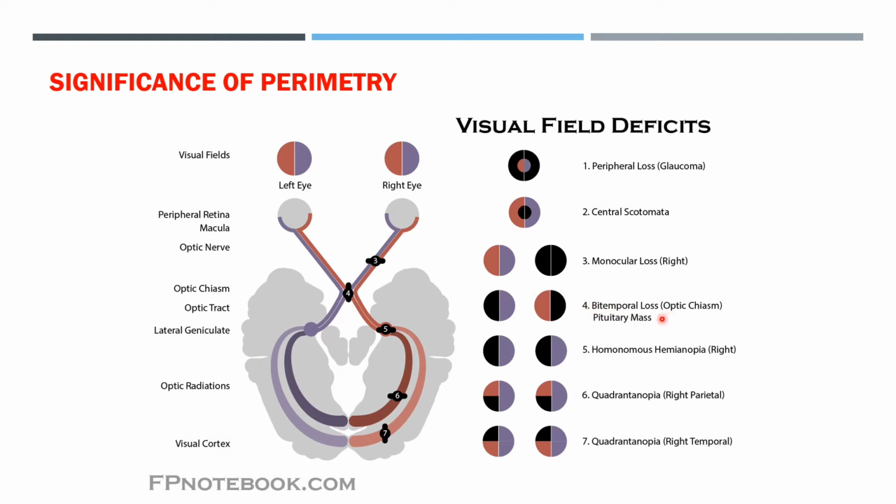Also, there may be damage to the peripheral portion of the optic chiasm and not the central portion. The central portion is intact and the peripheral portions are damaged. Then it will result in binasal hemianopia. Why? Because the temporal fibers of both the eyes are lost. So it will result in binasal hemianopia. It is also called heteronymous hemianopia.